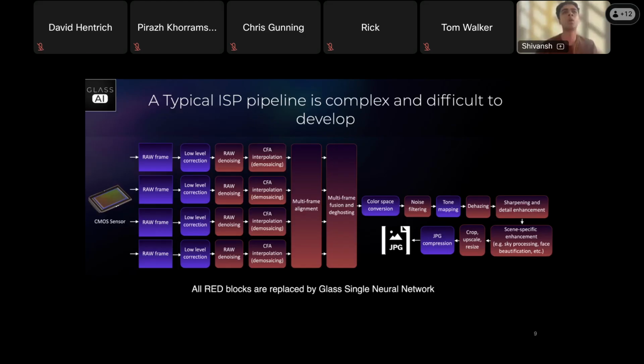This legacy way of approaching the traditional ISP pipeline also has a big disadvantage, as in it keeps us away from the latest research that the academia may be having. Because now, if you would have to go back and replace some blocks in this pipeline, you really need to think a lot on how that block would affect the block prior to it and the block after it. So it kind of takes us a bit away from the latest academia research and only allows us to bring incremental changes. The goal here is, oh yeah, sorry.